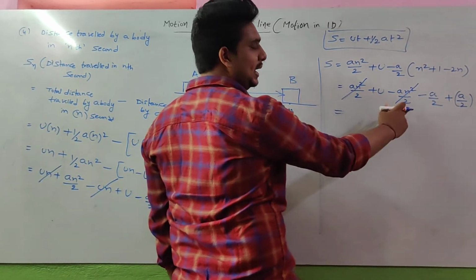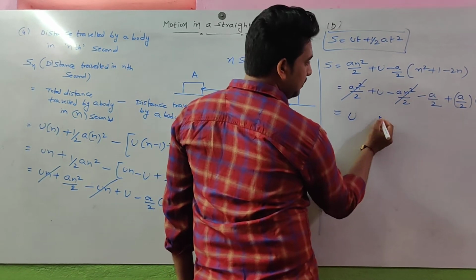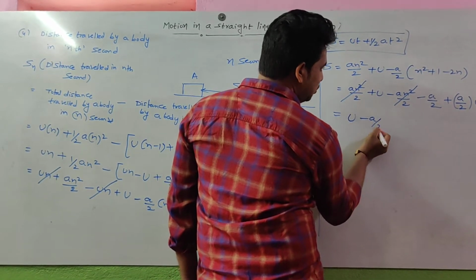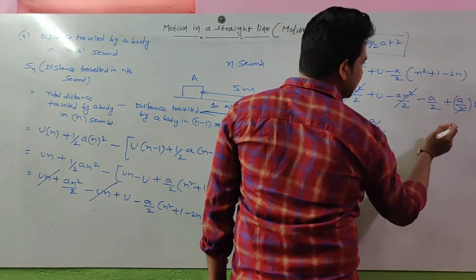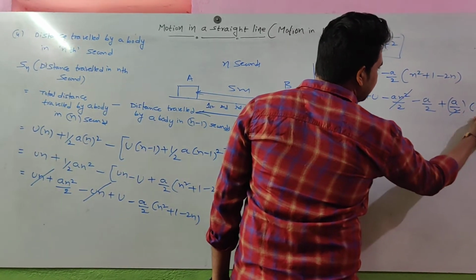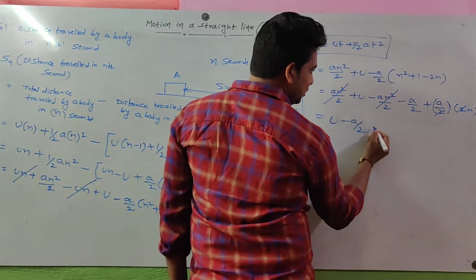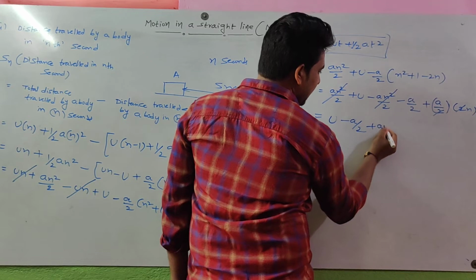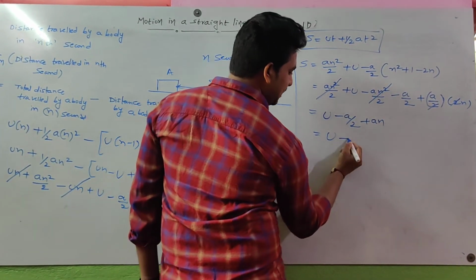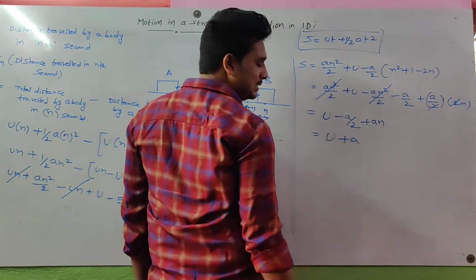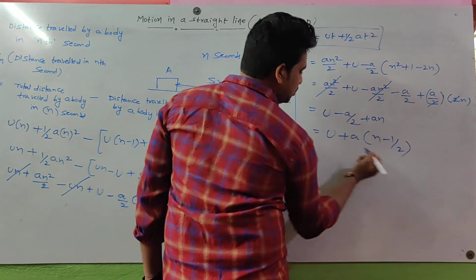Plus a n squared by 2 minus a n squared by 2 is going to be cancelled. We got u minus a by 2. The 2 is going to be cancelled here. This is 2n a; 2 times here and 1 time here are going to be cancelled. Minus a by 2, a into n plus a n. So finally we got u plus a, where a is common, then n minus 1 by 2. That means